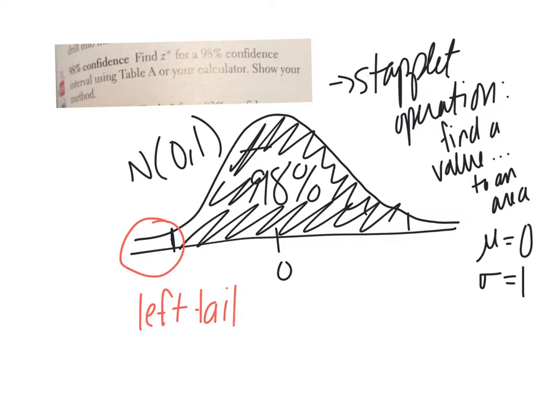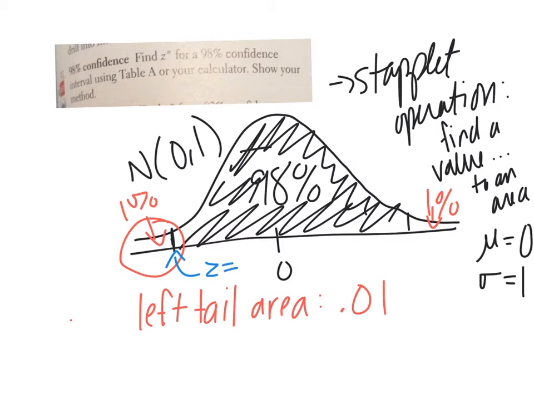And this is actually how you would look it up in a table as well, because tables always give the left tail area. If the middle is 98%, then that means this is 1% and this is 1% underneath there, because that would add up to 100. So left tail area would be 0.01. And when you look that up, the Statlet tells you that the z score here is